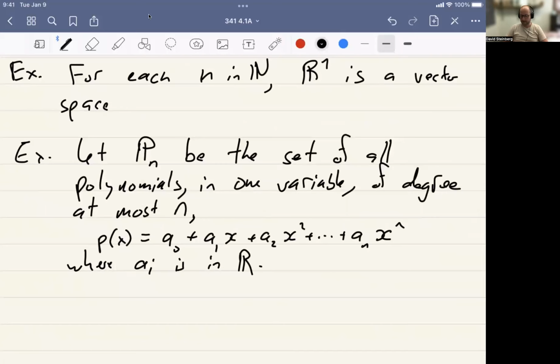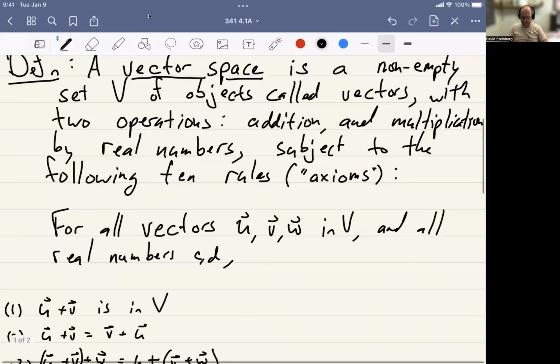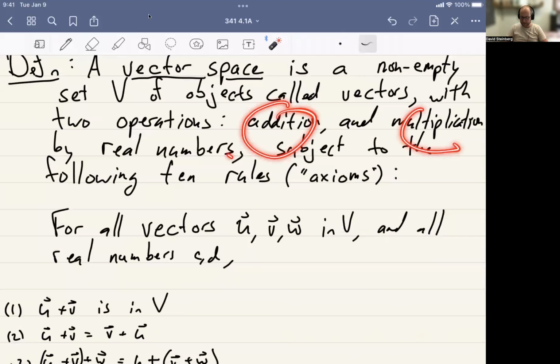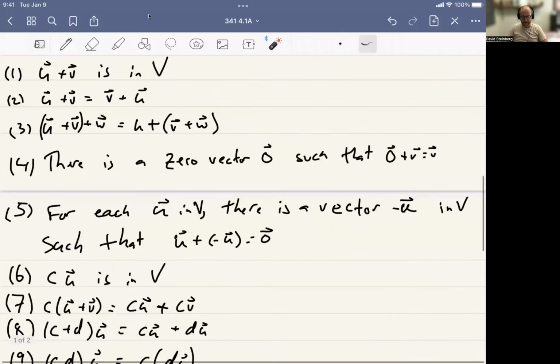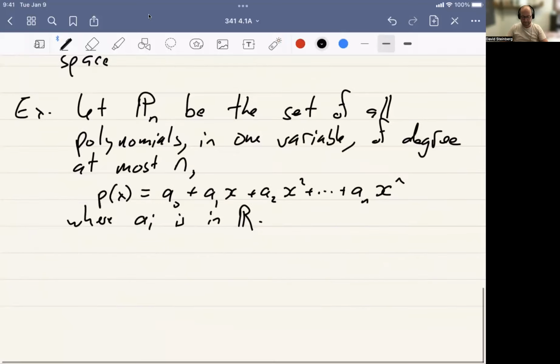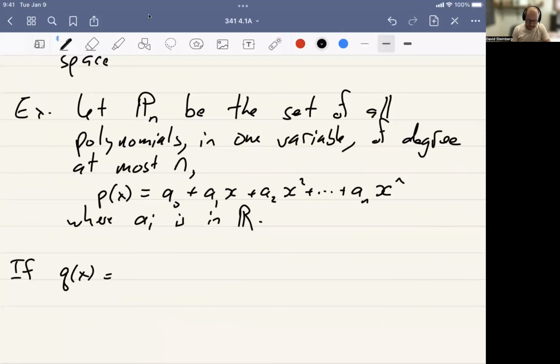And for that to be true, we need to check. I need to tell you what the addition and multiplication by real numbers are, and we should painfully check each of these 10 rules. We're not going to do that. I'm not even sure the textbook checks all of them, but we'll certainly define what the addition is and the multiplication. And it shouldn't be anything so surprising, right? If we want to know what addition is, let's look at another element and add the two things together. So if q of x is b0 plus b1x plus b2x squared up to bn x to the n,